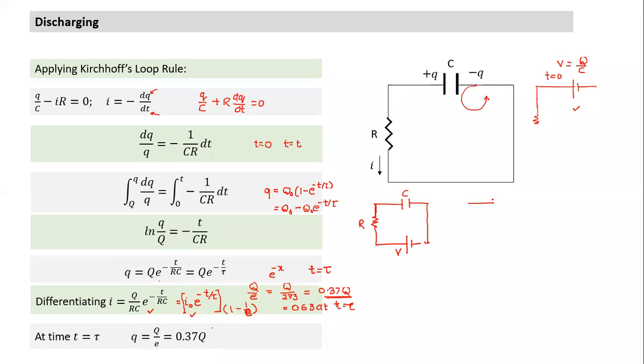Second case, what happens? This same capacitor, what is the charge this capacitor has? See, for current to be the same, the potential has to be the same. So what is the charge this capacitor has? This is equal to Q naught. Initial charge is CV. So the battery has been removed. It is charged. Now it is connected to the same resistor. It is discharging. Sir, so the initial potential difference is the same as the potential of the battery.